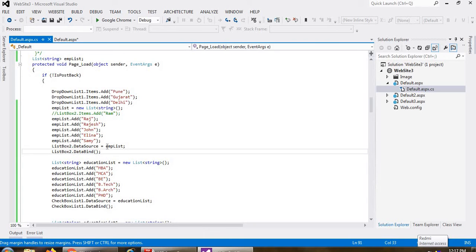तो मैंने क्या किया यहाँ पर, जो मेरा emp का पूरा लिस्ट है वो पूरा लिस्ट को मैंने बाइंड कर दिया. तो यहाँ पर मैंने जितने भी आइटम लिखे हैं, जितने भी नेम लिखे हैं, वो हर एक नेम यहाँ पर बाइंड हो जाएंगे. डेटा बाइंड. Clear? So I have done these things, first things, right?